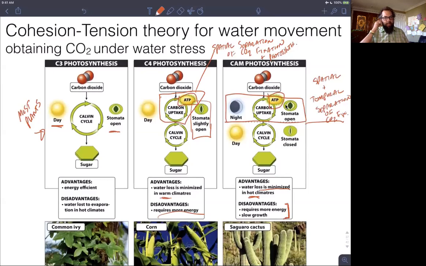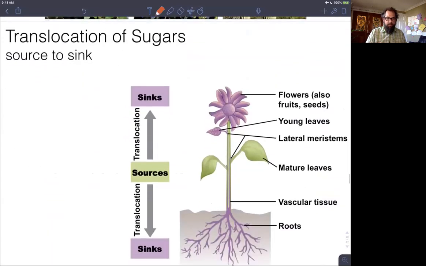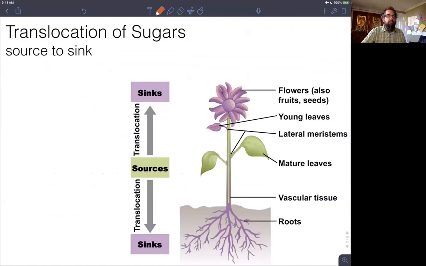Okay, so that will get us through our transpiration and movement of water in the plant, and moves us into translocation of sugars in a plant. And so with a good understanding of transpiration, now we can actually talk about translocation of sugars. So translocation is simply defined as the movement of sugars